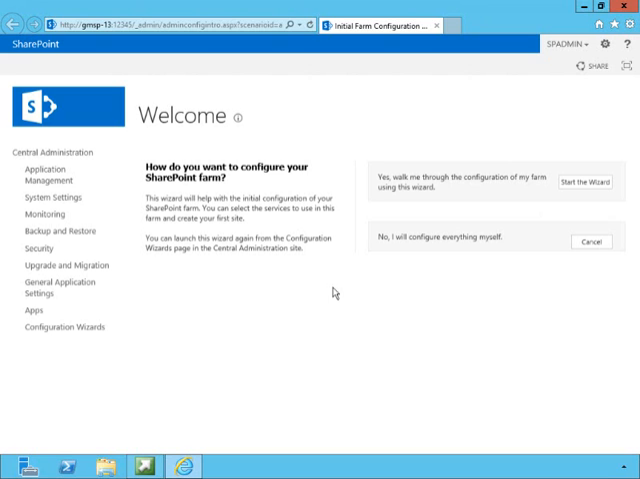The farm configuration wizard's biggest problem is that it makes a lot of assumptions about the way you want to go ahead and set up your service applications. And a lot of the times those assumptions may not be exactly what you want or what you need. But it's not a big deal, and especially for us, because we're going to use it as an educational opportunity,